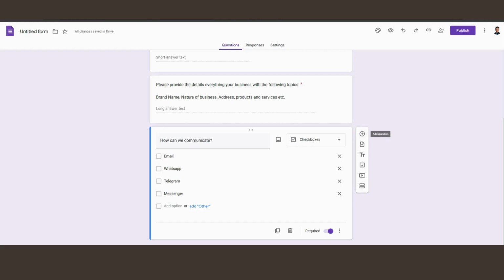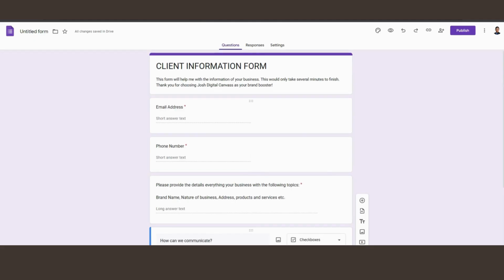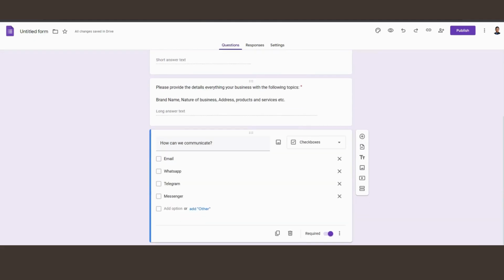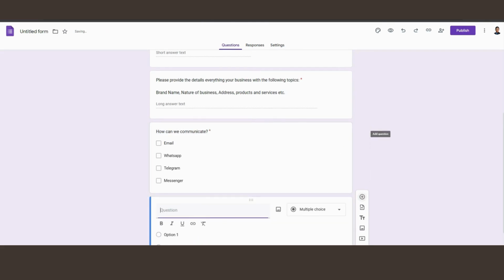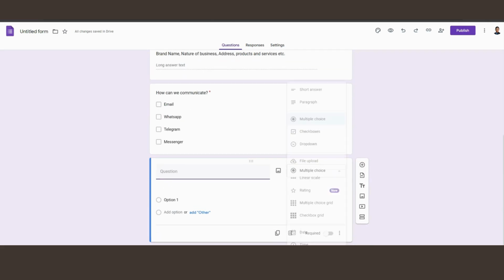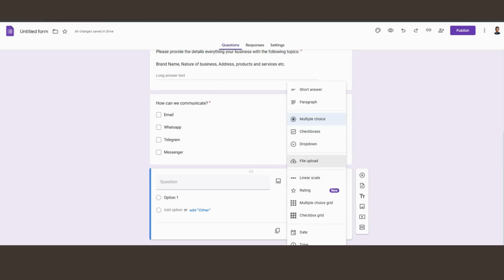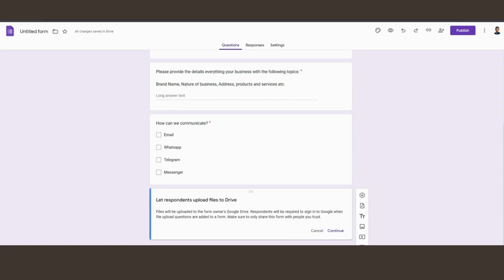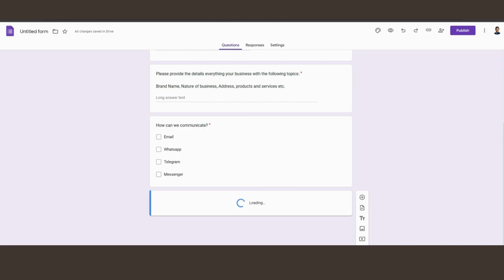And the next one: assuming that you already have the questions provided, you can add this one. For example, you ask for any proof, it's up to you what kind of proof you want. Maybe a picture, so you can choose this one, file upload, and then click continue.